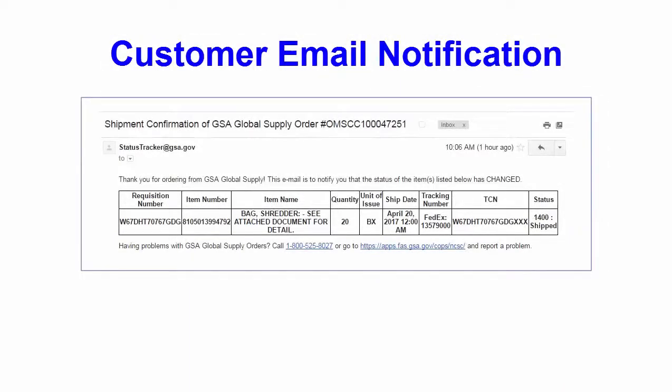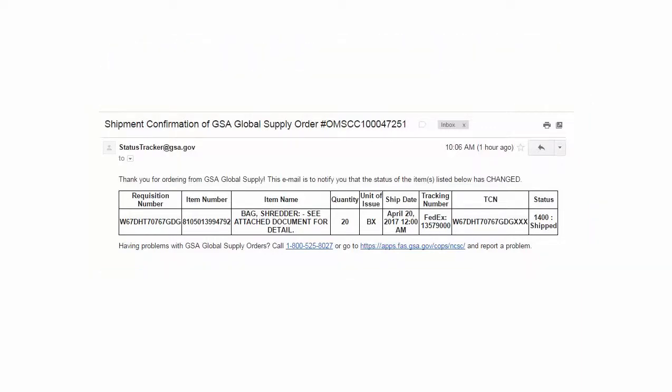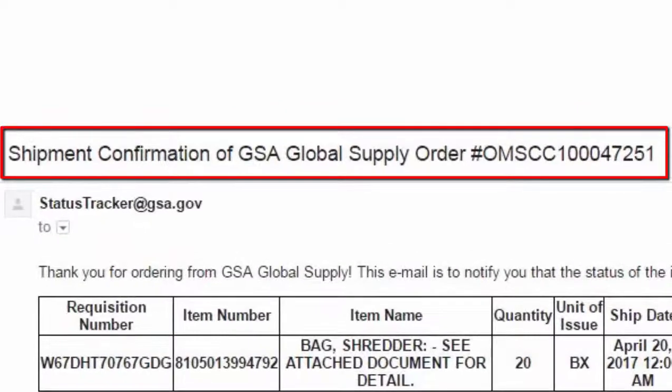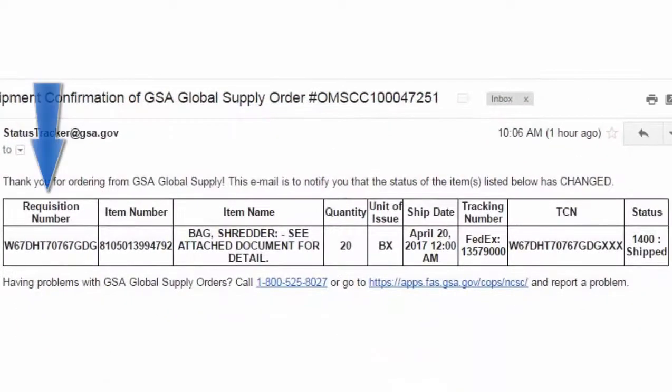If there is a customer contact on the order with an associated email address, the customer will receive this shipment notification by email. The title of the email states Shipment Confirmation of GSA Global Supply Order with the order number at the end. The notification states the requisition number, item name, quantity shipped, ship date, tracking number, TCN number, and